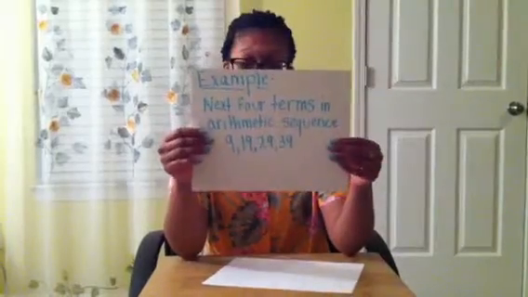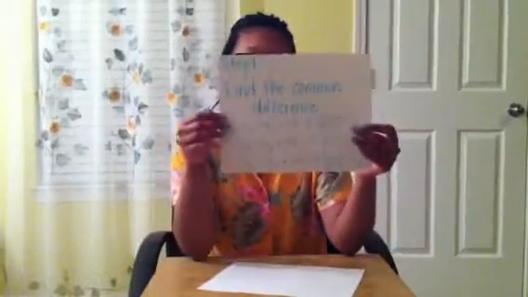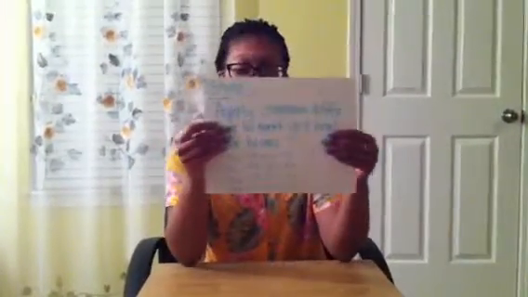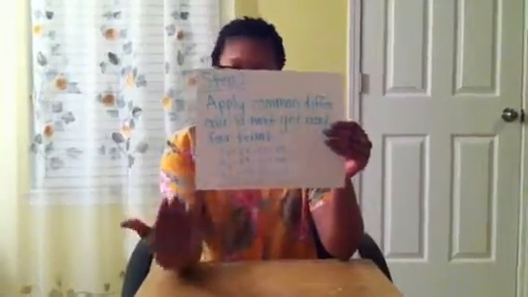The example is to find the next 4 terms in the sequence, which is 9, 19, 29, 39. The first step in doing this is to find the common difference. So you subtract the first term from the second term, and as you can see, you get 10. So the common difference is 10. And then your second step is to apply the common difference to get the next 4 terms. So as you can see, this is it. And then your last term is going to be